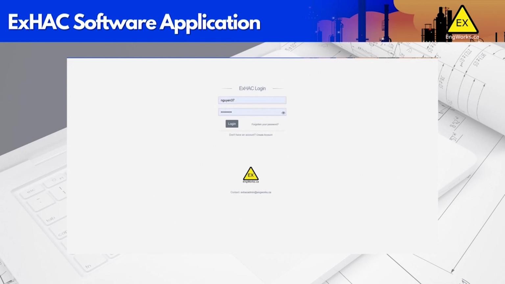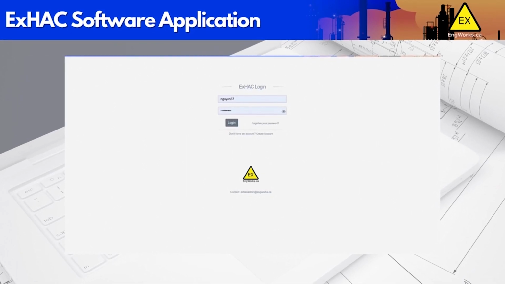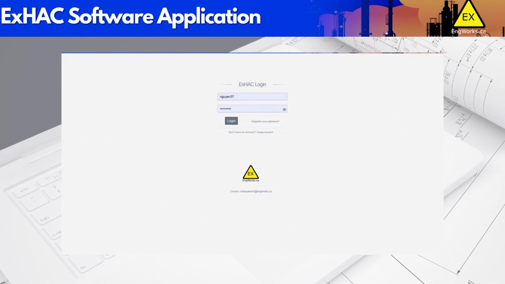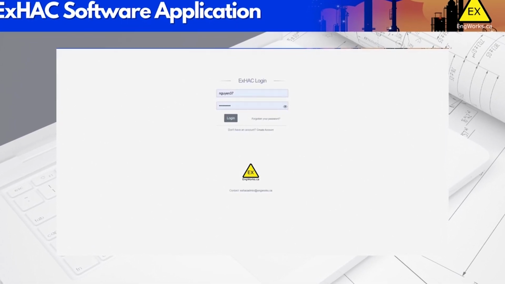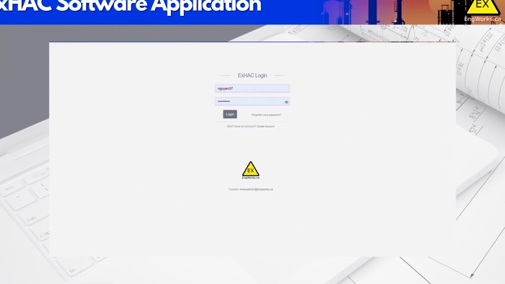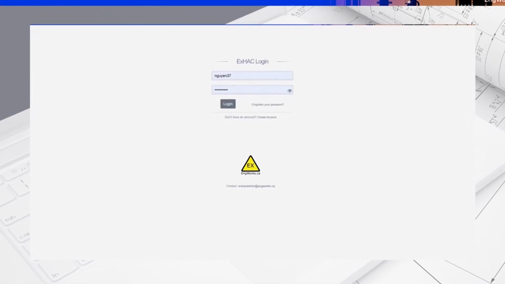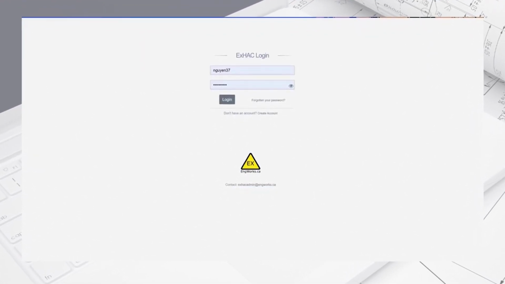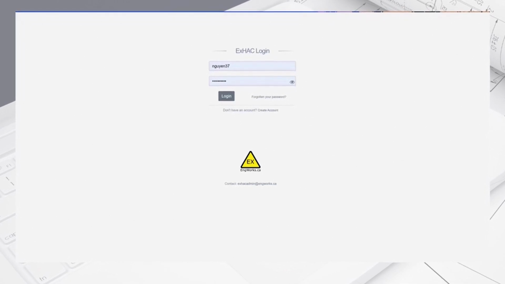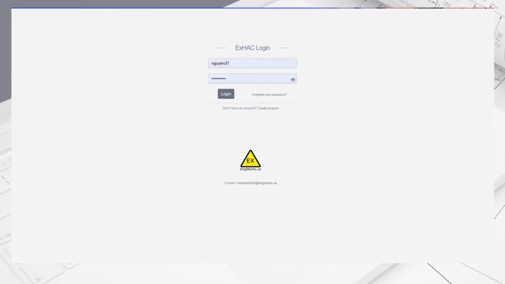The ExHAC training course supports the use of the ExHAC software application. We've taken out the work of sourcing information for performing complex calculations and have provided an easy-to-use interface that guides you through the classification design process. All input and output parameters used in an analysis are captured in the IEC standard format, which conveniently self-documents your design. The following is a short demo of the ExHAC application software presented by one of our engineers at engworks,